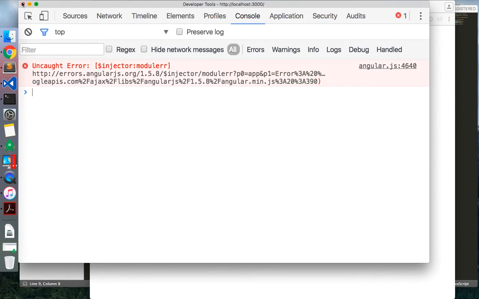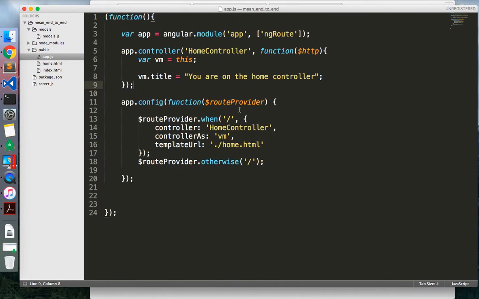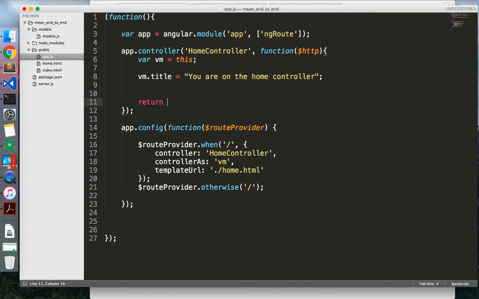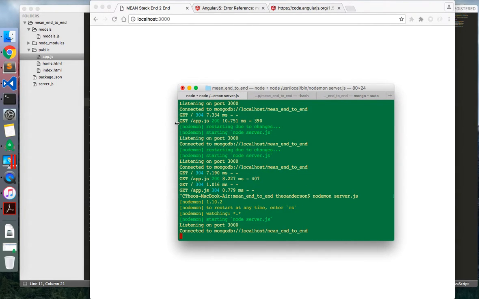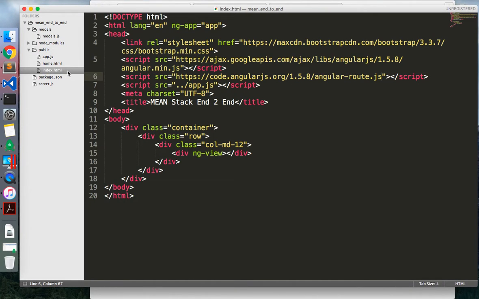Let me see. What are we doing wrong? Failed to instantiate app. Module app, app.controller, home controller function. True. Let me see. So that's it. No. Stack end to end. Am I still on here? Get app.js. Connected. No. Let me see. Index, app.js. And